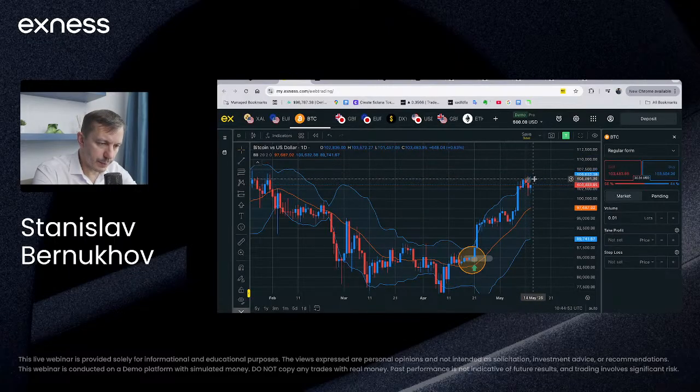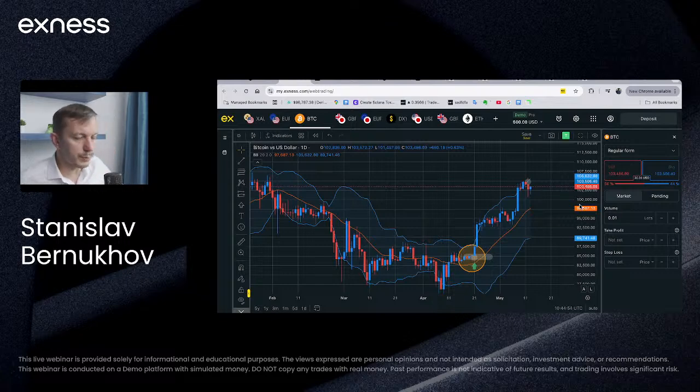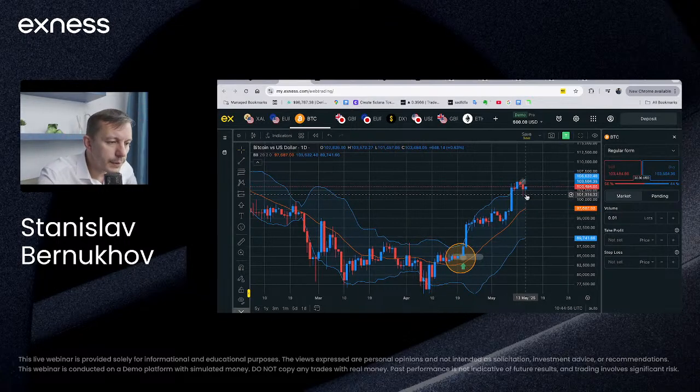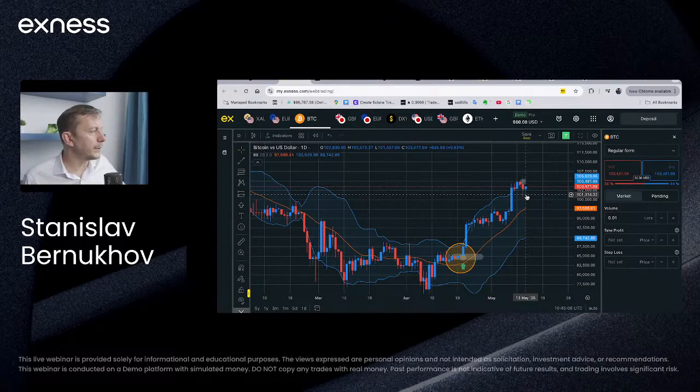Yesterday I took a short position on one of the cryptos. It was BNB coin. It's not tradable on Exness, but on Exness we have Bitcoin and ETH, which are the biggest ones. So I think that if you trade currencies and commodities, Bitcoin and ETH might be enough for you. If you don't want to dive deeper into the cryptocurrencies, it might be absolutely enough to use Bitcoin